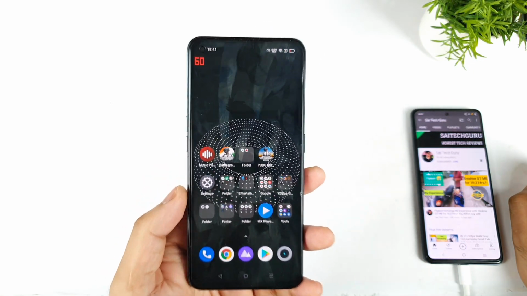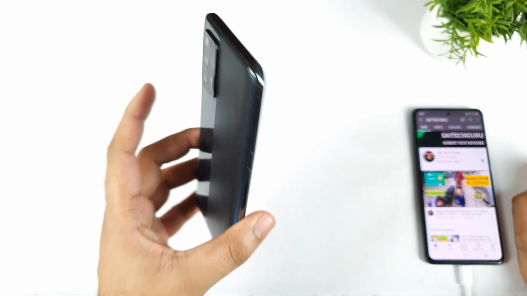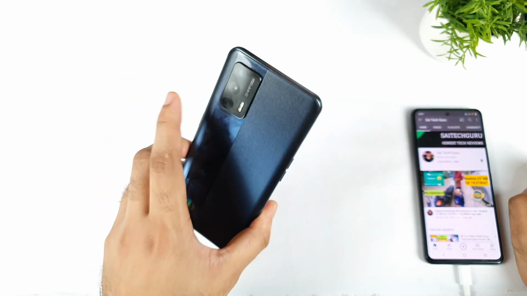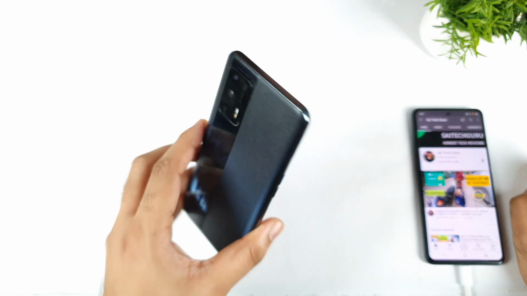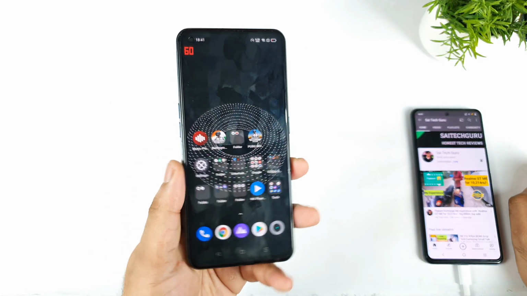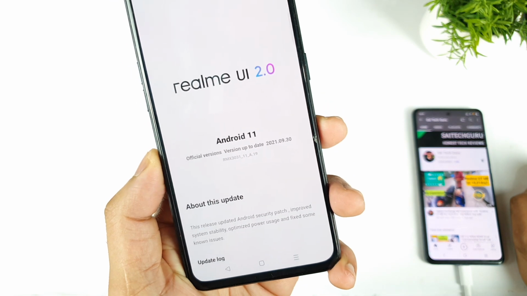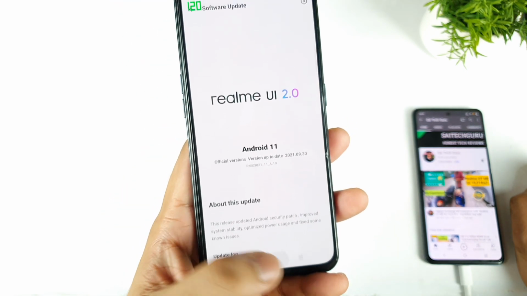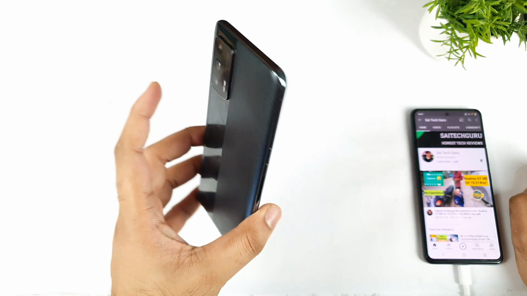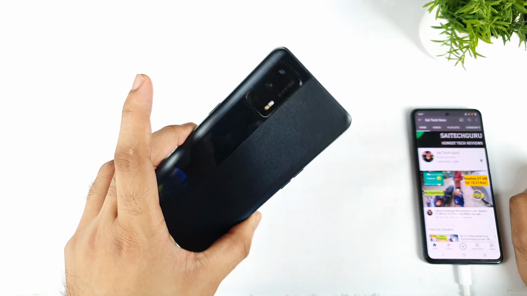In this video I'm going to talk about the touch sampling rate on the Realme X1 Max device after the recent software update. Yes friends, just today I received the software update on the Realme X1 Max, which is the 8.19 update, as you can clearly see. So let's see what the touch sampling rate will be after the recent software update on the Realme X1 Max. This is a question which has been asked by a few of my subscribers.